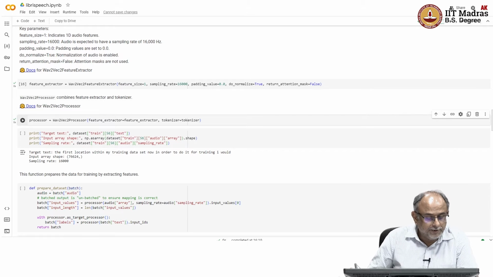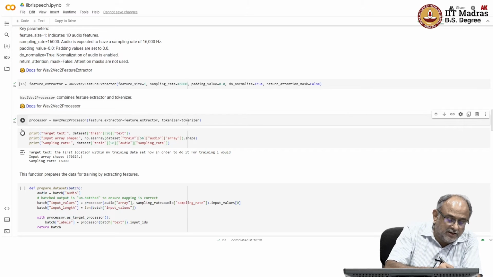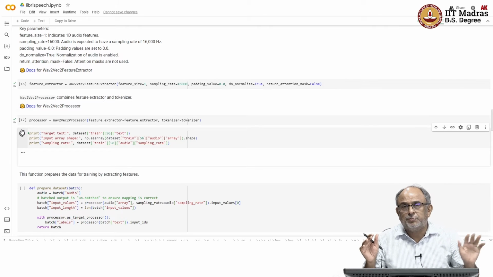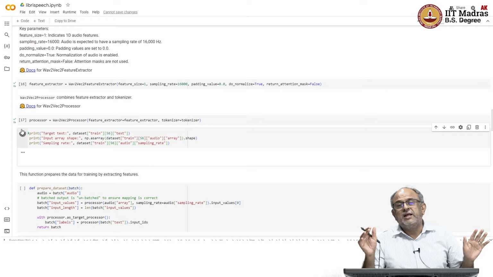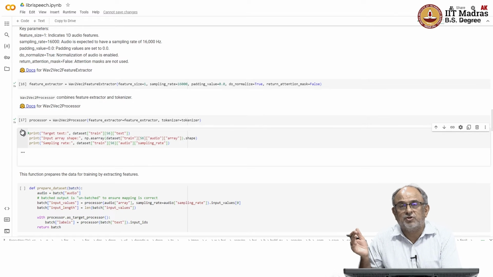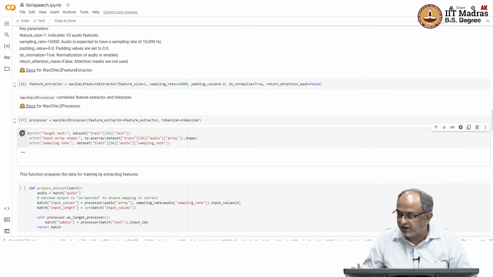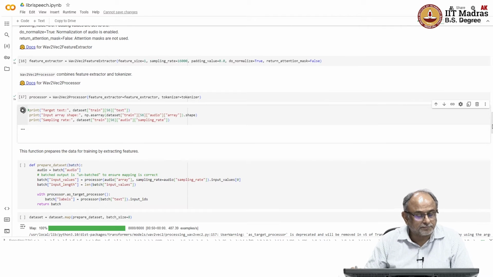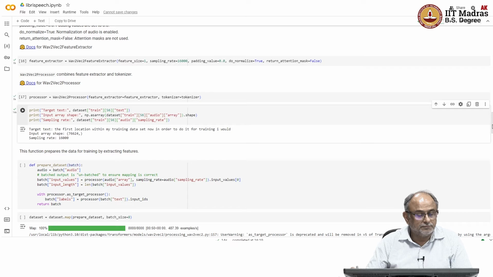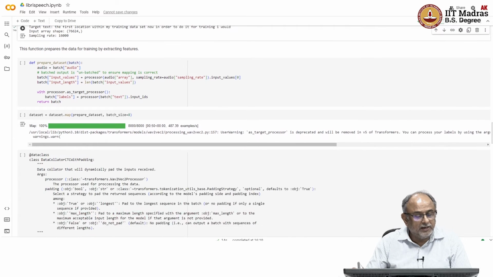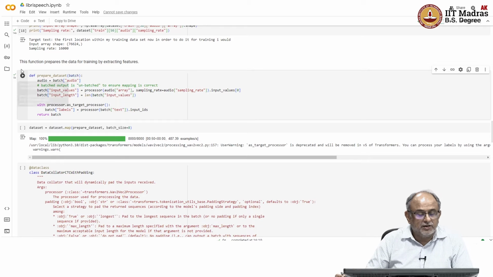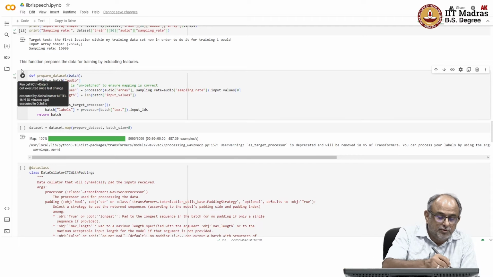Now I am creating this paired, supervised data, where one input will be the wave to vec embeddings, and the output target is what? Characters. We want to recognize the characters. From the characters, I can create the words, correct? Okay. Then I am going to do batch processing. Every batch I am going to